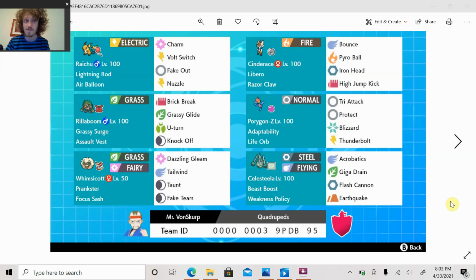Cinderace, I think, is a very good offensive Pokemon and just gives you another little, different option if you need it. You can Tailwind, Dynamax, Max Fireball, like a super crazy damage right away with the Razor Claw. And Libero's obviously such a great ability. You could, I guess, Dynamax Rillaboom too, but I think just Rillaboom is a great supporter, and AV Rillaboom is